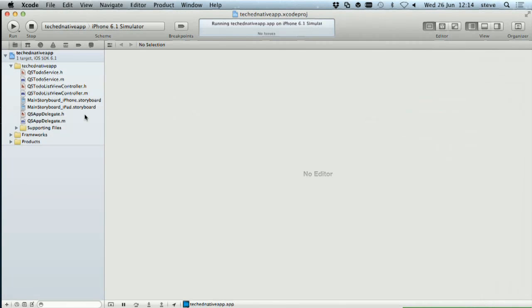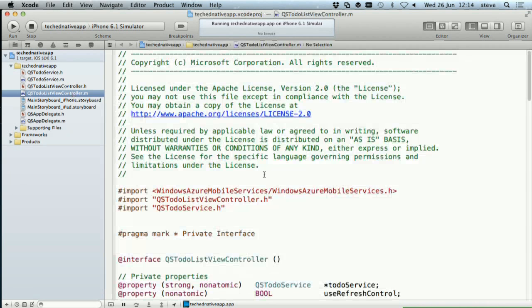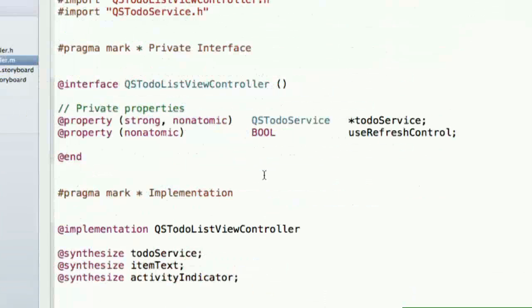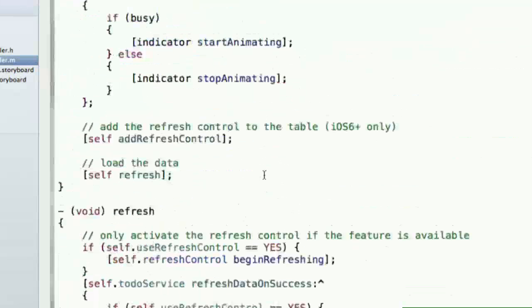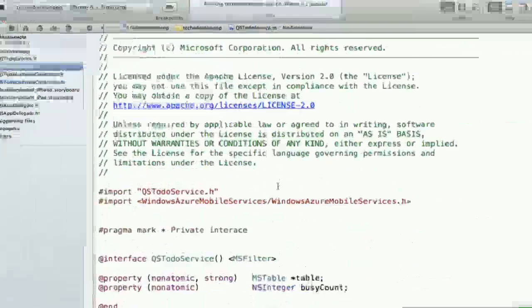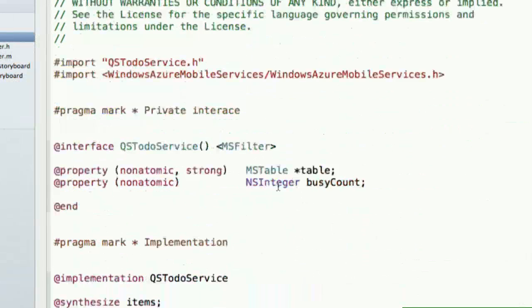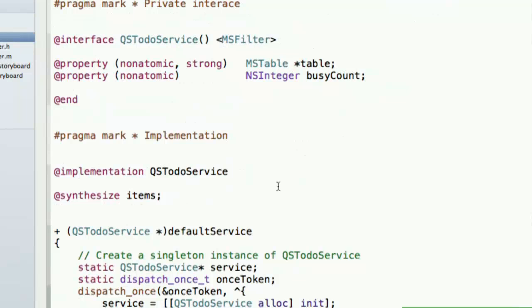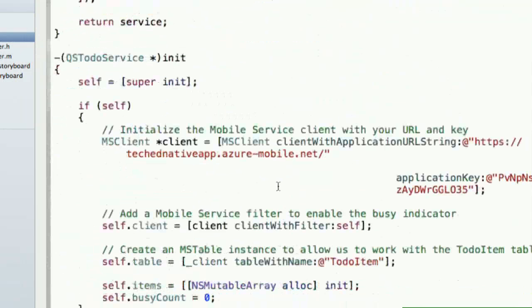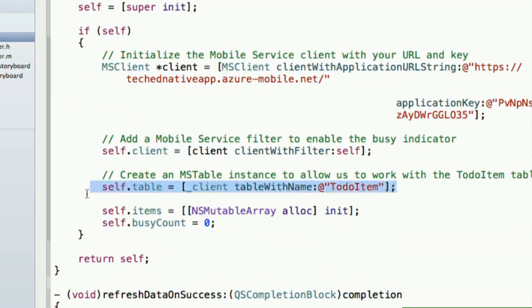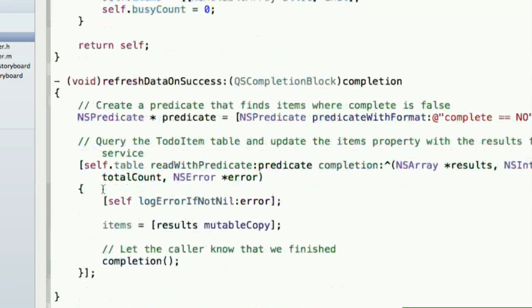So how does it work? Well, again, I'm not going to focus too much on the details of Objective-C, but just to give you a vague idea, here's the view controller that's running there. The thing I want to show you is the service. Now, the service is kind of a data access class. So this encapsulates all logic that talks to the back end. And inside there, you'll see it creates an instance of mobile service client. That's not Microsoft client, it's mobile service client. And it points it to the same URL as before. And then it's able to get a reference to a table inside there, just like in Java. And then it's able to do things like a query. So this does a read with predicate.